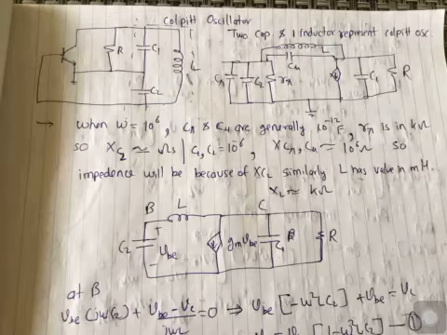Now, I have already told you that the Colpitts oscillator is used to generate frequencies in the order of megahertz. If we are talking about megahertz frequency, then we will have to go back to the high frequency model, because whenever we talk about the megahertz range, the high frequency model of the BJT always comes into the picture. So first I'll draw the BJT high frequency circuit, and then I'll connect all the resistances, capacitors as well as the inductor in that circuit.